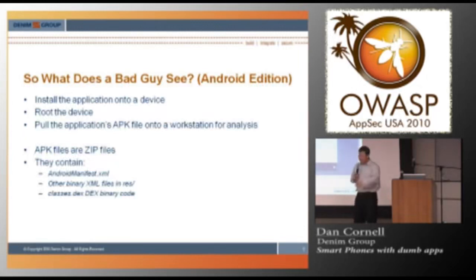We'll step through this manually. I've got a nasty Perl script that does this, and I'll put that up on the web if folks want to try this on their own apps, to automate what type of information somebody is going to be able to extract. And so, big secret: APK files are zip files. You heard it here first. They contain some XML files and DEX binary code, and the starting point file is the AndroidManifest.xml file.